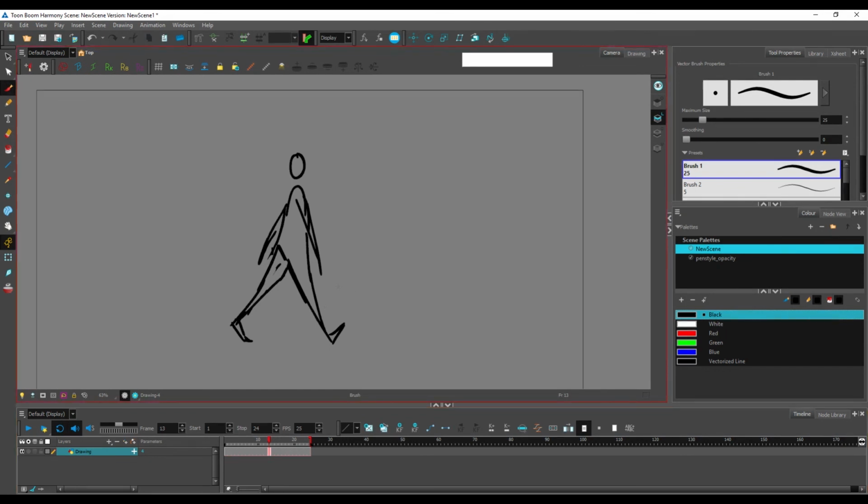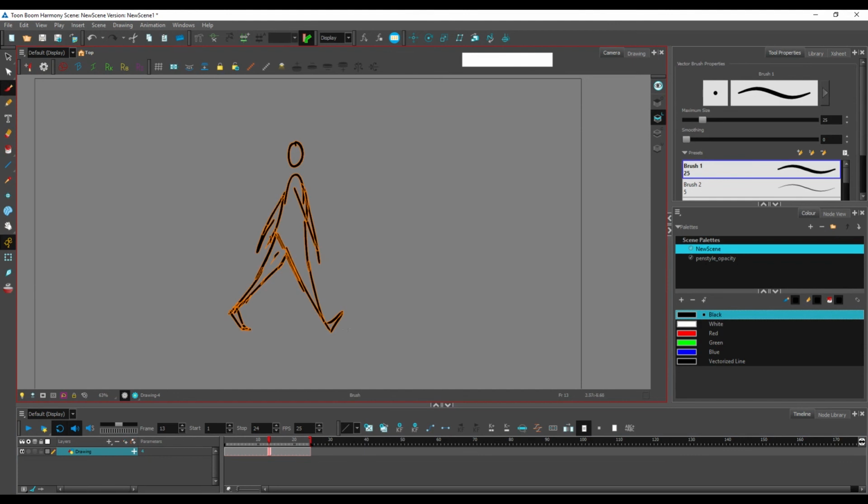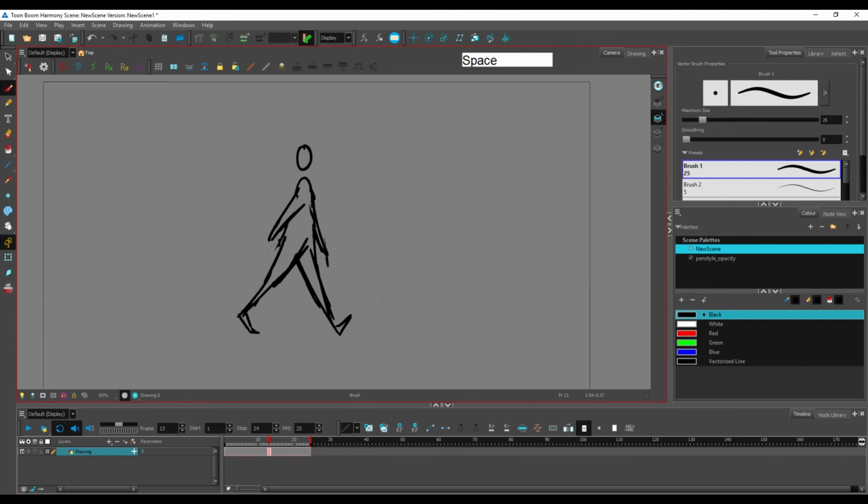And imagine I want to use this as the basis for my other step. What I could do would be to select all of this, Control-C, create an empty drawing here, and Control-V, and just draw on this to have my other step. But this is a bit time consuming. To do things a little bit faster,